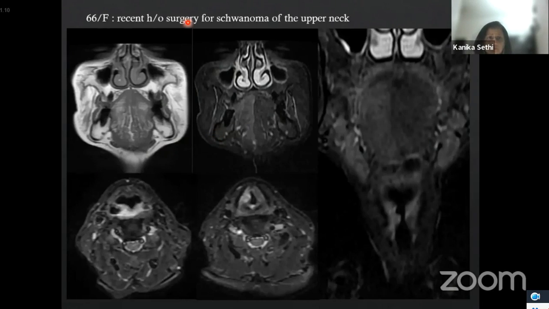This patient has a recent history of surgery. What do you see? The right half of the tongue, medial margin is sharp. So that is 12th nerve palsy. There is edema in the right side of the true vocal cord with a medially positioned aryepiglottic fold and dilated pyriform sinus. So these are 12th and 10th nerve palsies, iatrogenic, post surgery.